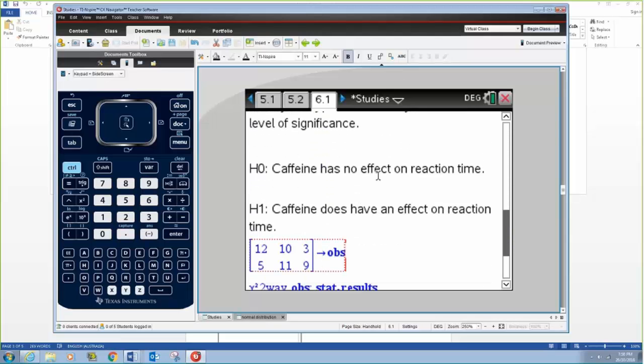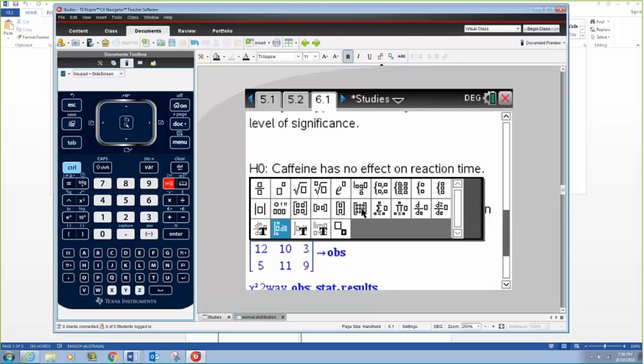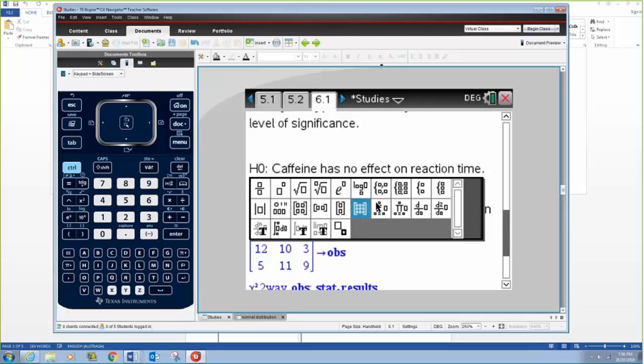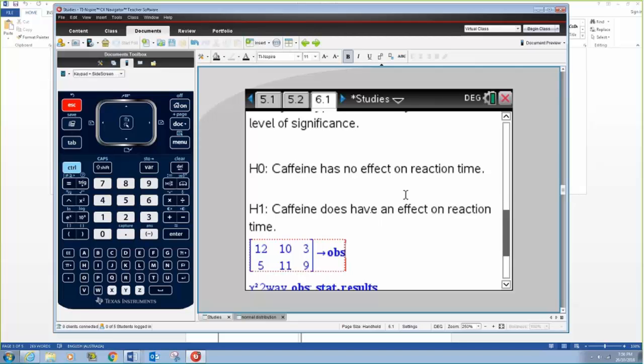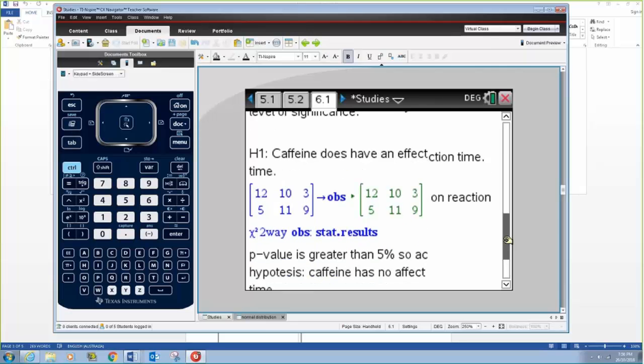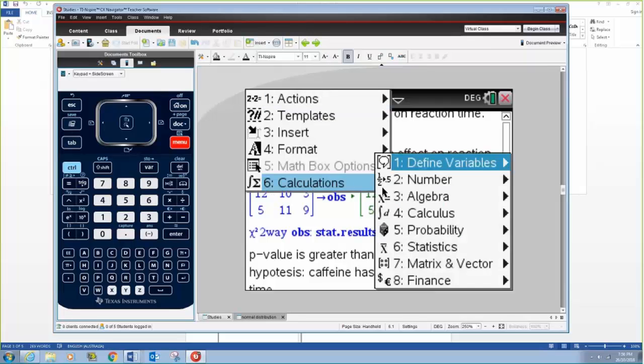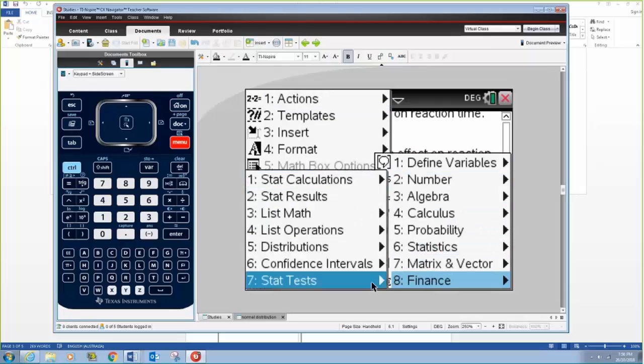They should be well trained to know the null hypothesis H0 is no effect, they're independent, and H1 is caffeine does have an effect. So what we need to do is use the template with the matrix, and the matrix is 3 by 2, and then again save this matrix as the observed matrix, and then go to calculations and statistics, stat test, and then